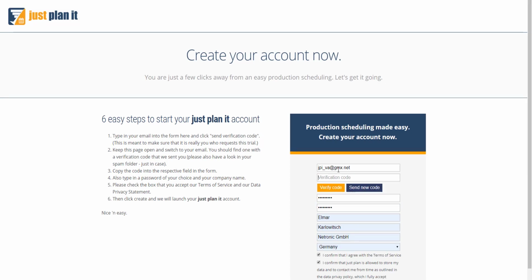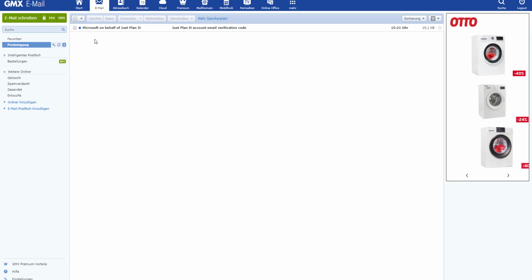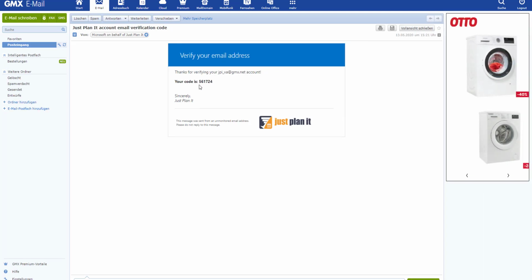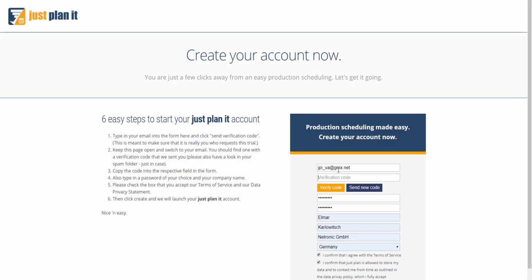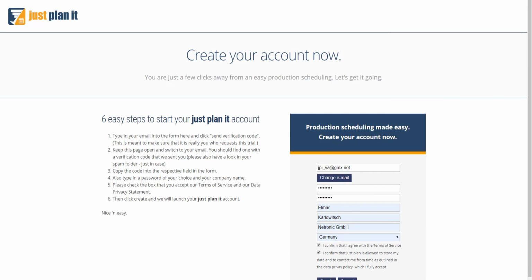So now this is sent, and I'm switching now to my email program, and I see, okay, here I got mail from Microsoft on behalf of Just Planet. I open that, and here it says this is my code. I copy and paste into the verification and say verify code, and here now I say create my Just Planet